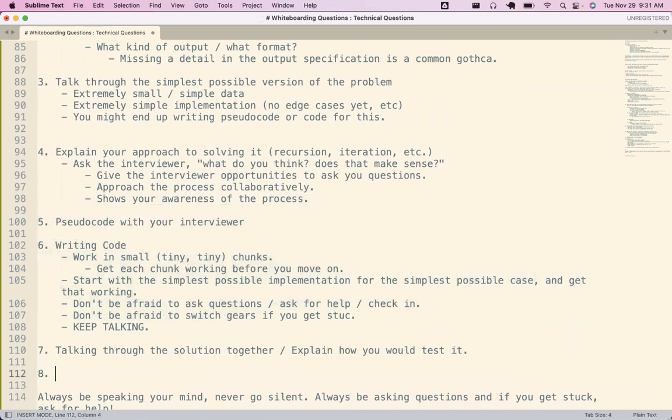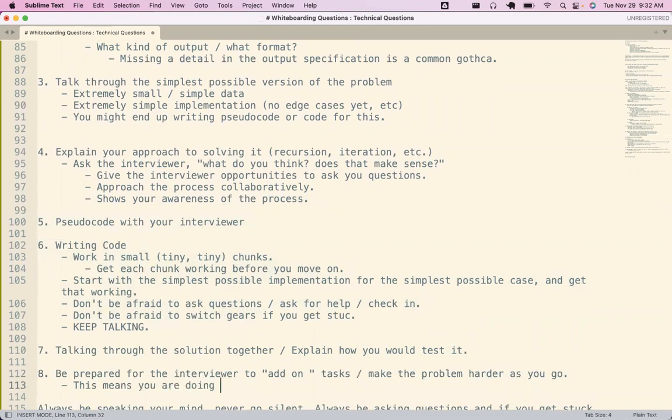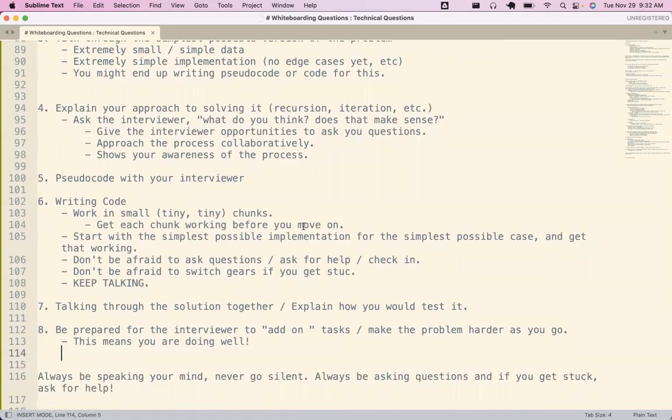Step 8 is, often for these kinds of questions, there will be follow-ups. It depends on how far along the interviewee gets. If the interviewer starts asking you questions or making the problem more difficult, that's actually a good sign. So don't stress out. I know that can be unexpected.